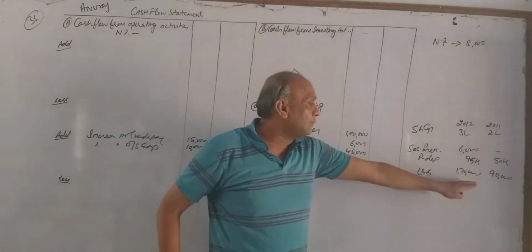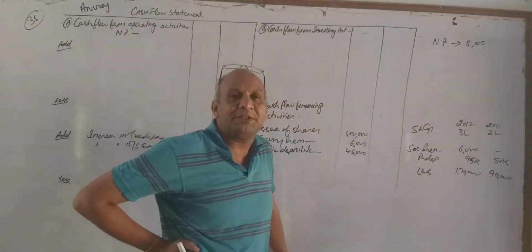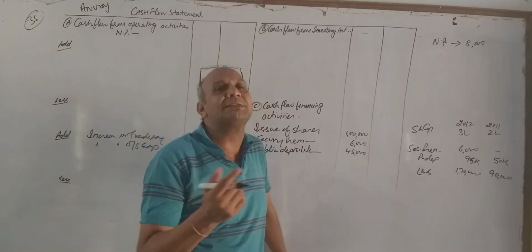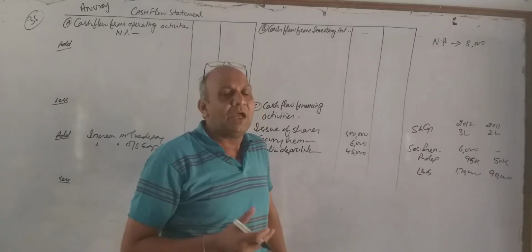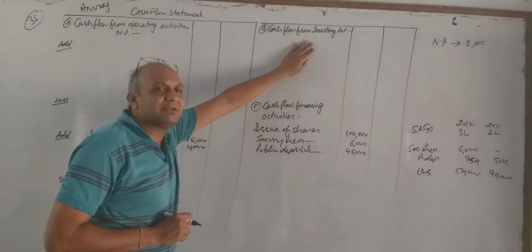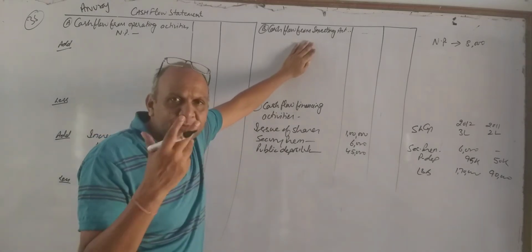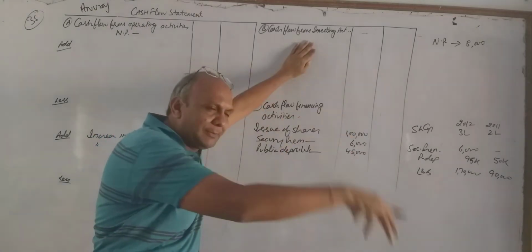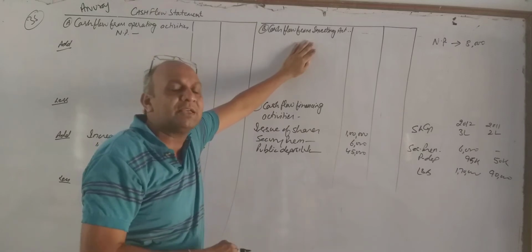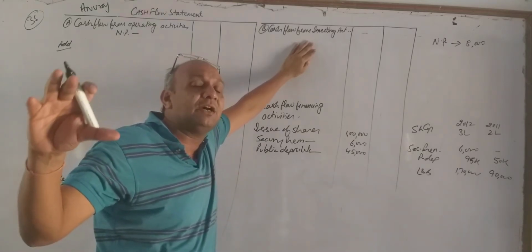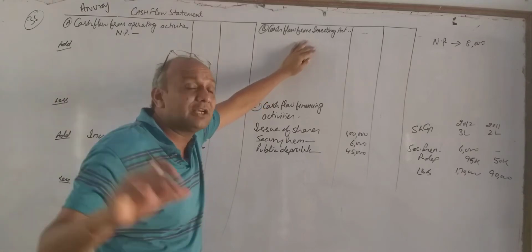Now can you tell me why land and building is increasing? What could be the reason for it? क्यों बढ़ी है ये? क्या reason हो सकता है? There could be one reason only. What is that? Purchased. And whenever fixed assets are purchased, it becomes our investing because we are investing money. हम अपना पैसा दो जगह पे इन्वेस्ट कर सकते हैं. एक अपने खुद के बिजनेस में in form of fixed assets, and another where we can invest outside the business, in current investment or non-current investment.